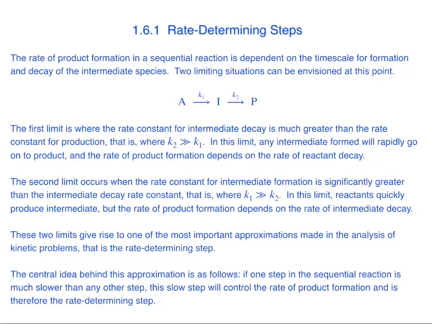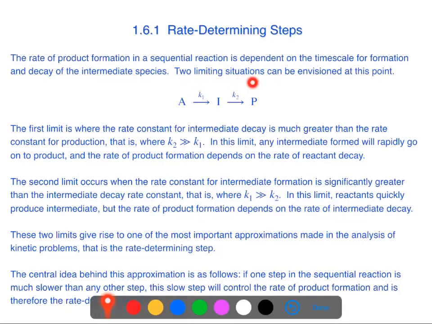In this video, we're going to cover section 1.6.1, rate determining steps. Now, as we saw in the previous video on sequential first-order reactions, the rate of product formation in a sequential reaction is dependent upon the timescale for formation and decay of that intermediate species. So as a result, we can envision two limiting situations as a result of these differences in the timescales,